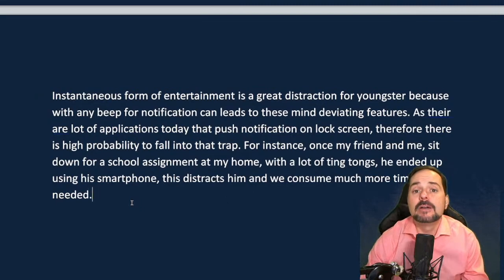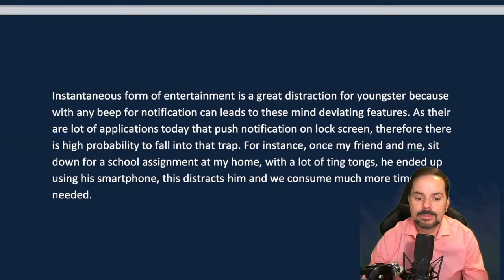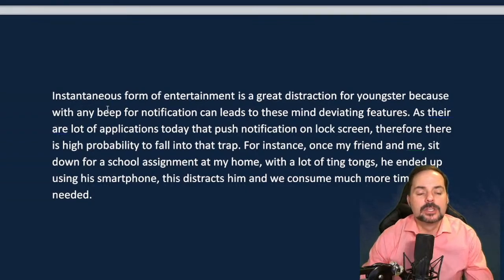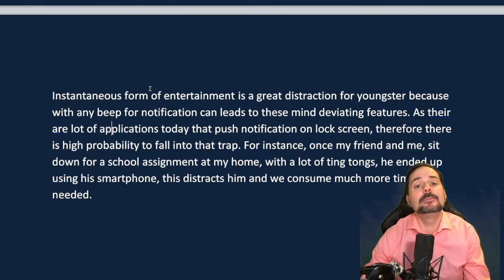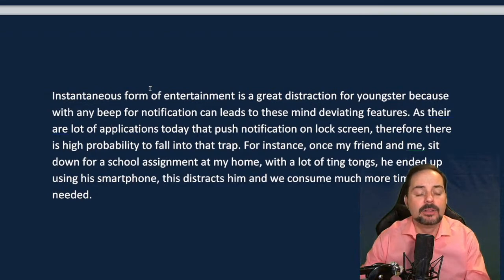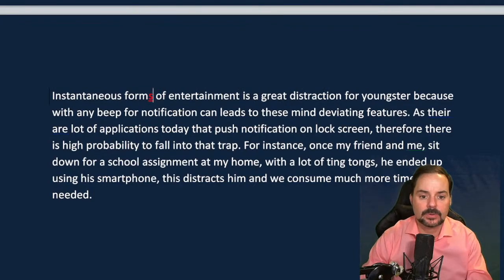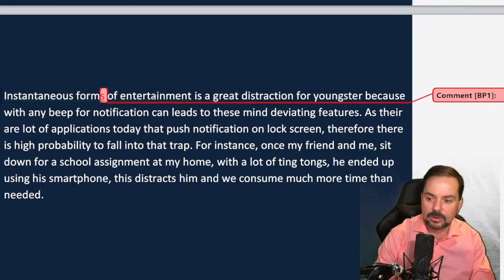Okay, so you have great ideas here, Harwinder. You want to really focus on good grammar, Harwinder. Okay. All right, let me see if I have, yeah, okay. So here we go. This is what an IELTS examiner is thinking. They're not going to do this because they don't get paid to edit, but they're able to edit in their mind while they're looking at your work, okay? So instantaneous forms, it's a plural, okay? So this should be a plural.